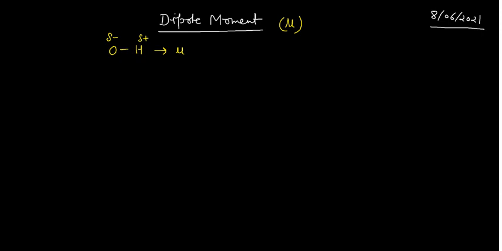Okay, and when it comes to the dipole moment, the simple formula is mu equals delta multiplied by d. It will not make any difference, different texts actually use different symbols for delta and d, right? And when you write this formula, what is the meaning of this? Delta is basically the charge, and d is the distance. And when you are talking about a molecule, definitely it would be your bond length. This d would be your bond length.